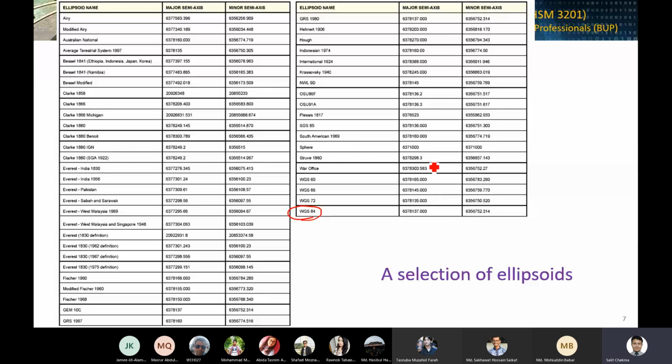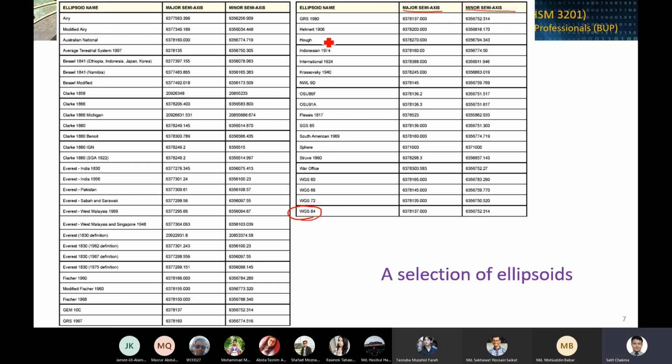So প্রতিটা ডাটমের, if we look into the major semi-axis and the minor semi-axis, their values are different. ওকে, সো তার মানে আমি আবার মূর্তির উদাহরণে চলে যাই। পৃথিবীকে রিপ্রেজেন্ট করার জন্য যে মূর্তিগুলো বানাচ্ছি, এক একটা মূর্তির মাথা যখন আমি বানাচ্ছি তখন তাদের রেডিয়াস চেঞ্জ করে ফেলছি, সো যার ফলে একটা মূর্তি একটু বড় হচ্ছে, একটু ছোট হচ্ছে।